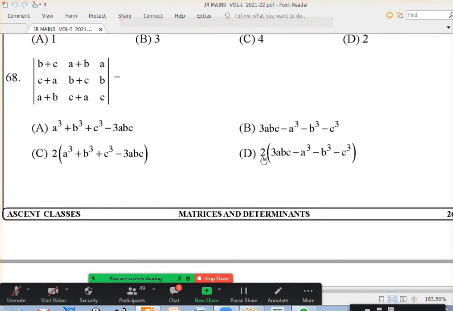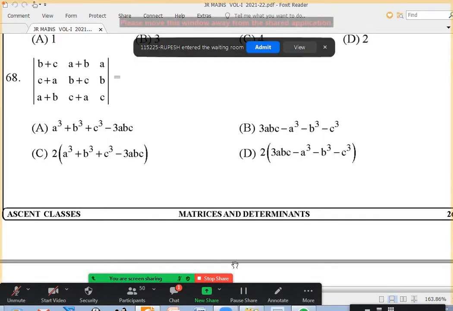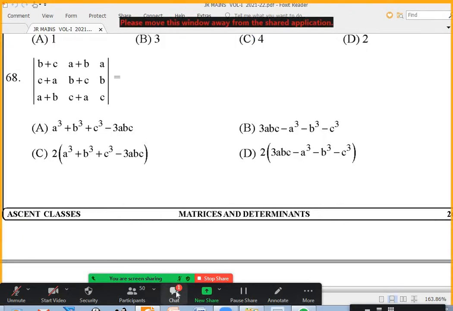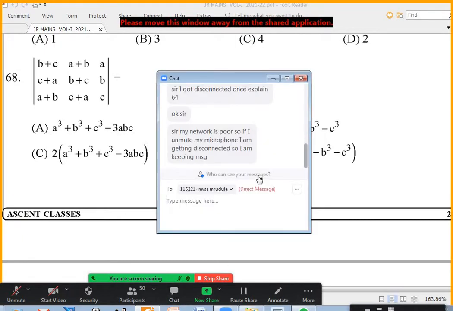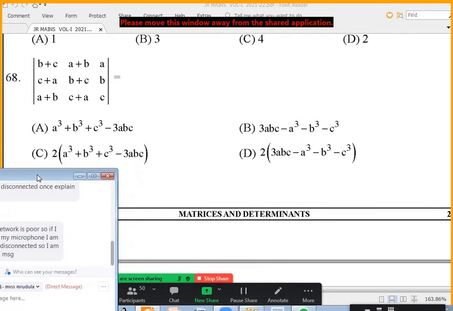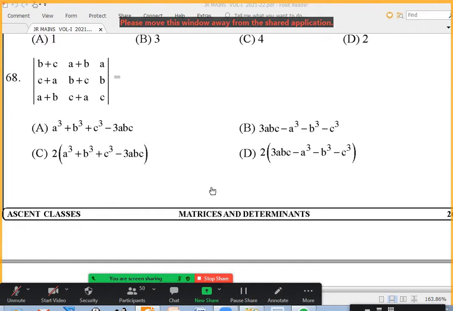If not, the third, yes, please. Split the determinant. You can also split the determinant. First you split the second column and then you split the first column. You may get the sum of 2 determinants. I think one of them will become 0, right? Yes, sir. 3 of them will become 0. Yeah, when you write it.